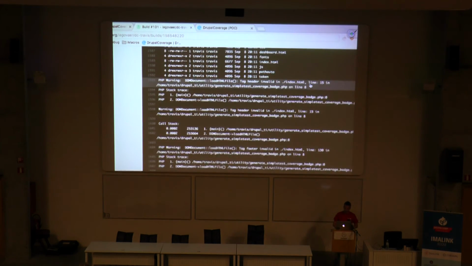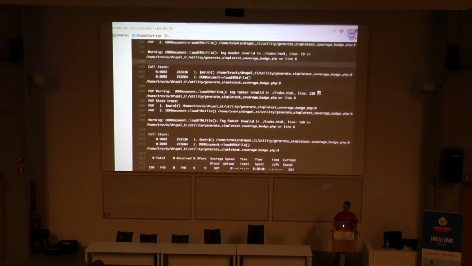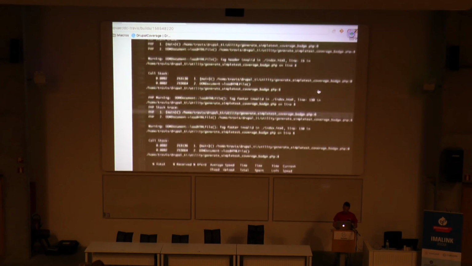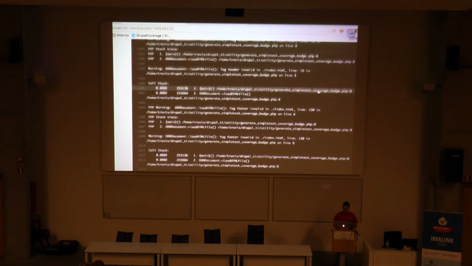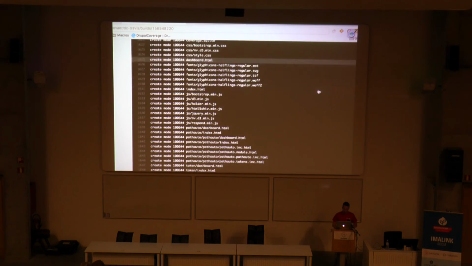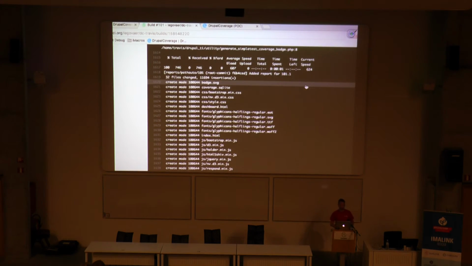And now I'm adding a lot of code. So all of the HTML, the static HTML files are getting added to that specific branch. So that's what's happening here. You will notice some warnings, but yeah, today we can just ignore them. It's just working. So as you can see here, this is the list of all the files which have been